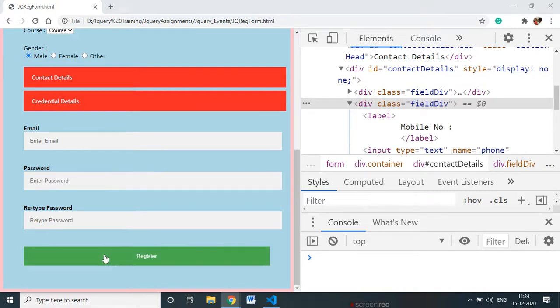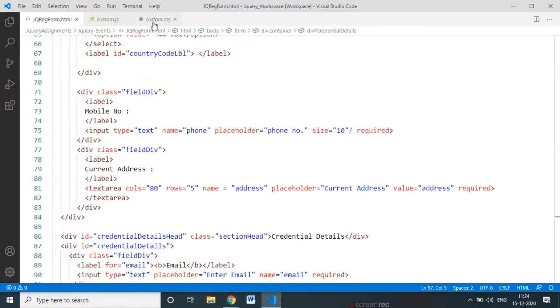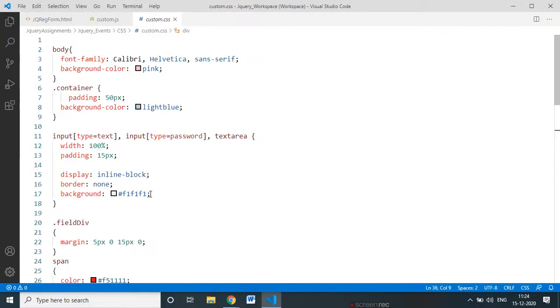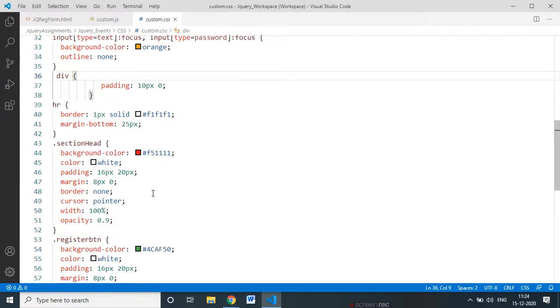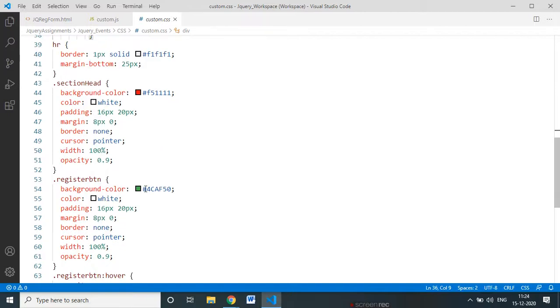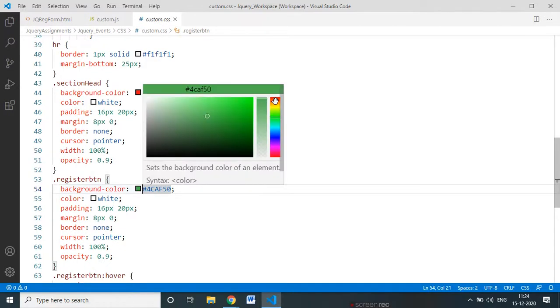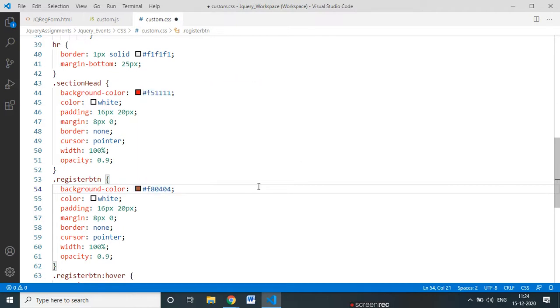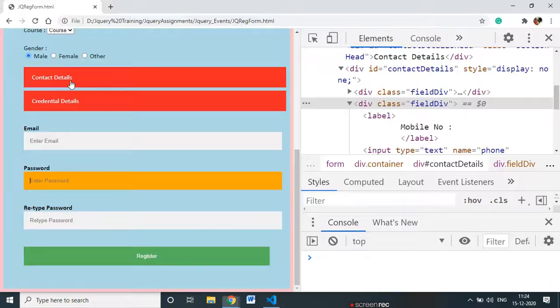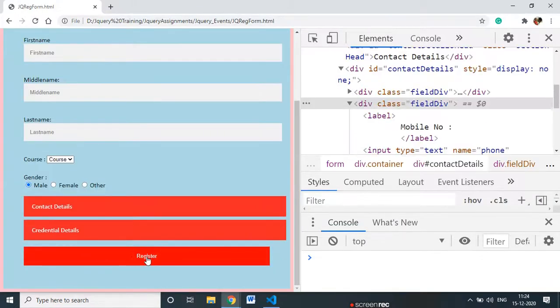So what I do, I will make it red. I go into the CSS, and there is a separate CSS we have attached or bound to the registration button. I will set it to be red. Okay, I make it red. So if I go here, it will become red. Based on that we understand that there is some validation issue, that's why it is in red color. When all these three section validations are correct, then it will become green.